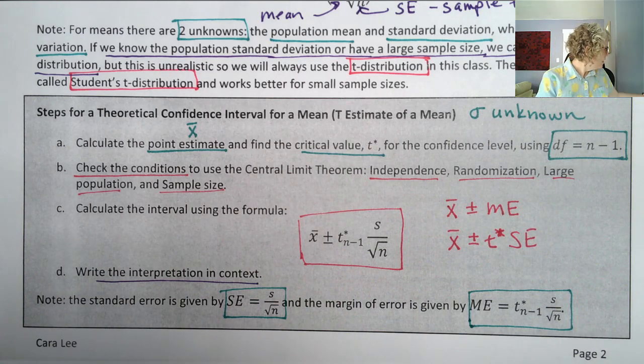Okay, let me check what's on the next page. Yes, okay, so at the very top of the next page is the question, why do we need a new distribution? Why do we need this t distribution? And so I have found a great video where someone else explains the history of that. So I'm going to have you go to that video next, and then I will pick up with you on looking at the t distribution in Staplet. Okay, so I'll see you in the next couple videos.